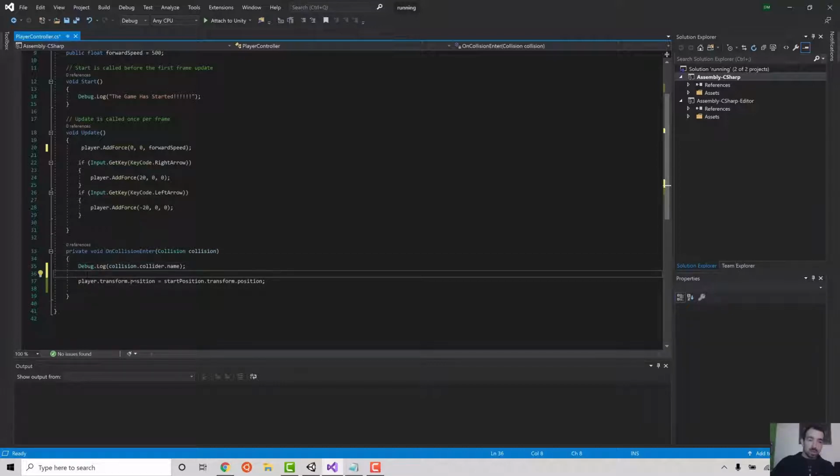So we can go if, and we get the collision data, collision dot collider, because that's how we got its name before, dot, then we're looking for its tag. So if the collision's collider, the thing that we collide with, its tag